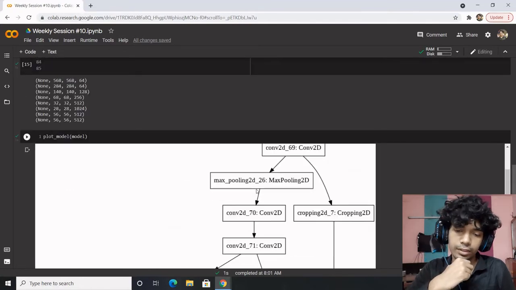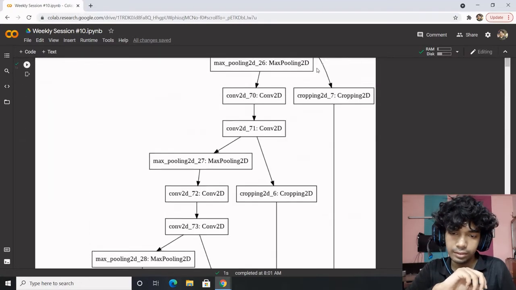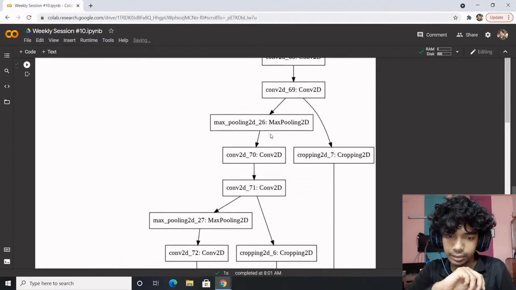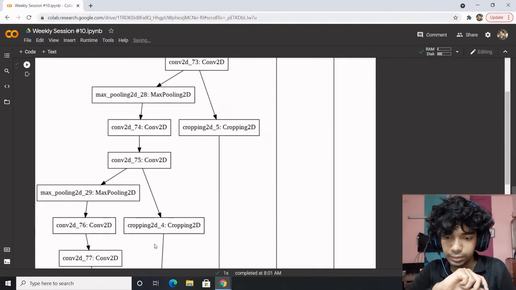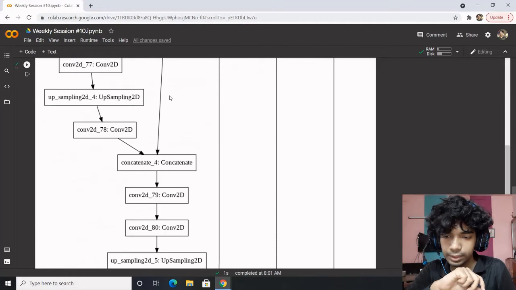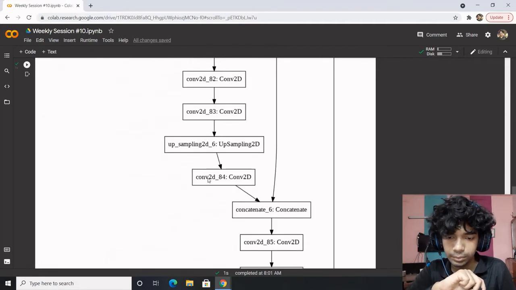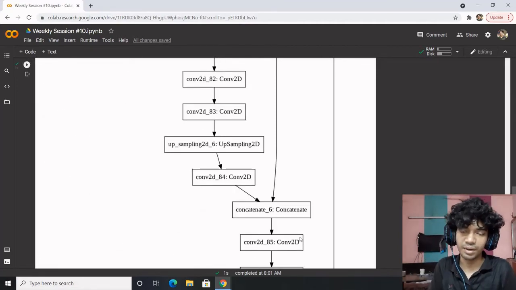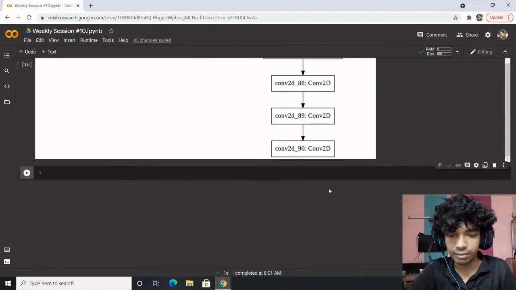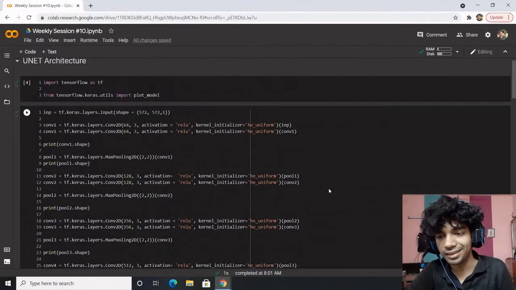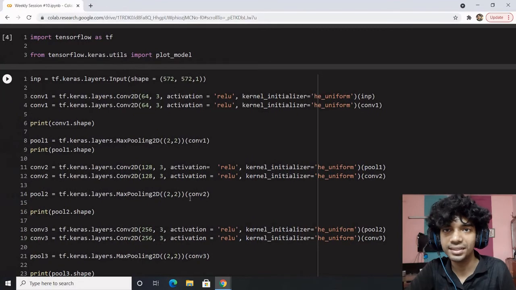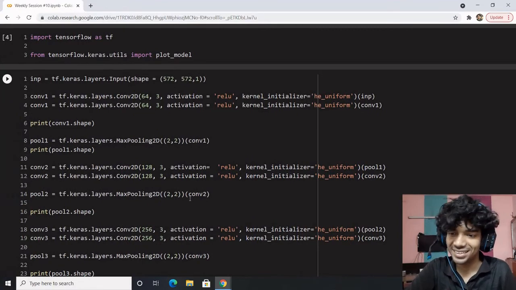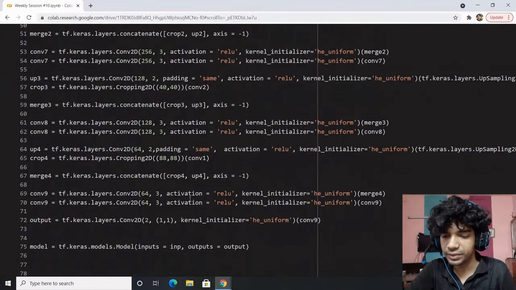And this is what the U-Net architecture is. So you can see the U shape. It is happening like this. This is the U. I hope you are able to understand the U. This is the U happening. This is the U happening. This is the U-Net. We finally obtained our U-Net architecture. Hope this was clear. Let's move on to our next topic. If any doubt, please let me know.